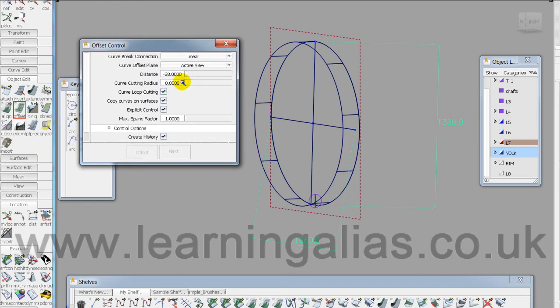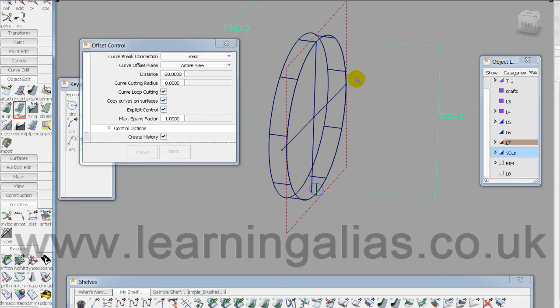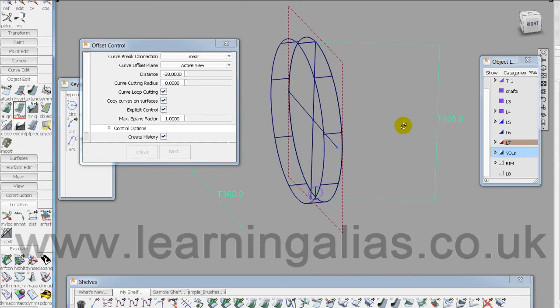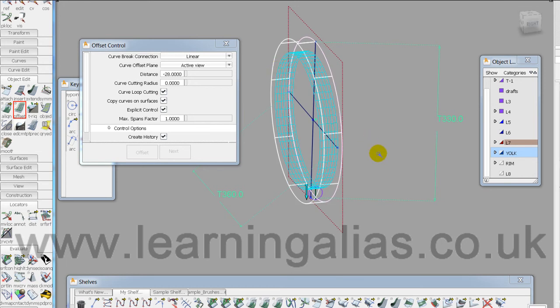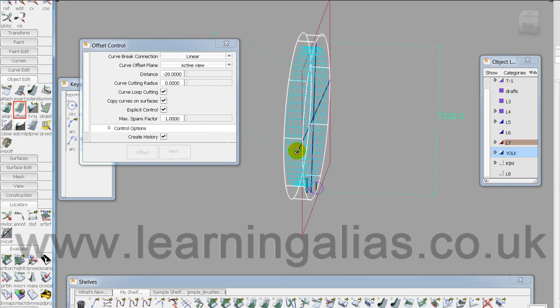and my steering wheel is going to be 28 in diameter, the actual rim. So I've set it here to minus 28 and we're ready to go. By the way, when I built this first draft surface, I used explicit control and limited it to degree 5 and 9 spans. So that gives us the offset